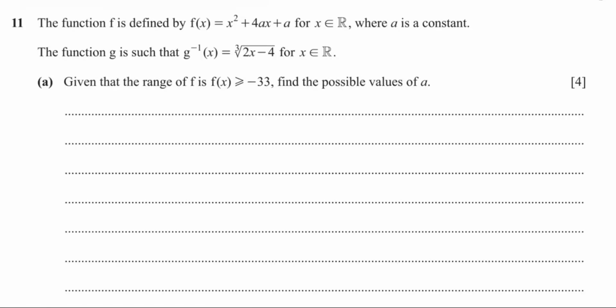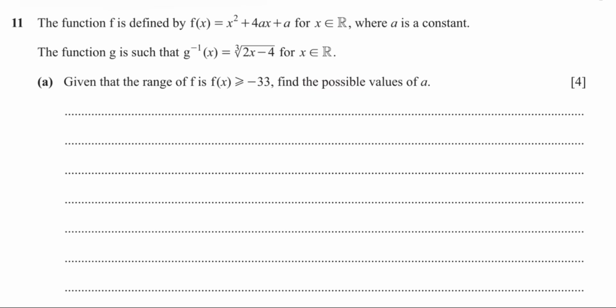Number 11. The function f is defined by f of x equal to x squared plus 4ax plus a, for x being an element of the set of real numbers, where a is a constant. The function g is such that its inverse is the cube root of 2x minus 4, for x being an element of the set of real numbers. Given that the range of f is f of x greater than or equal to minus 33, find the possible